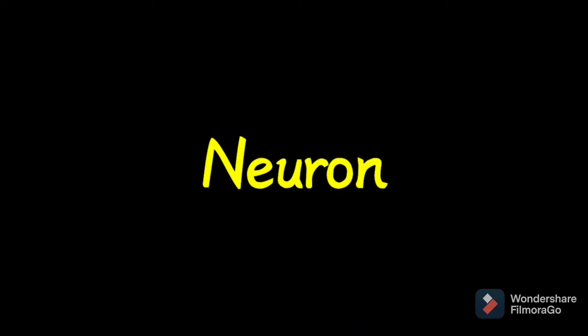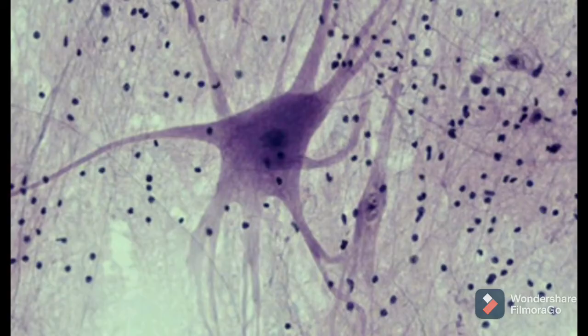Next we have nervous tissue. You will see here the picture of neuron. So look at the neuron. Here in the center we have cell body which is having nucleus inside it, and then tiny branches are known as dendrites, and a long branch is known as axon. So this comprises of nervous tissue. This is present in brain, spinal cord, and it transmits messages from one part of the body to another.